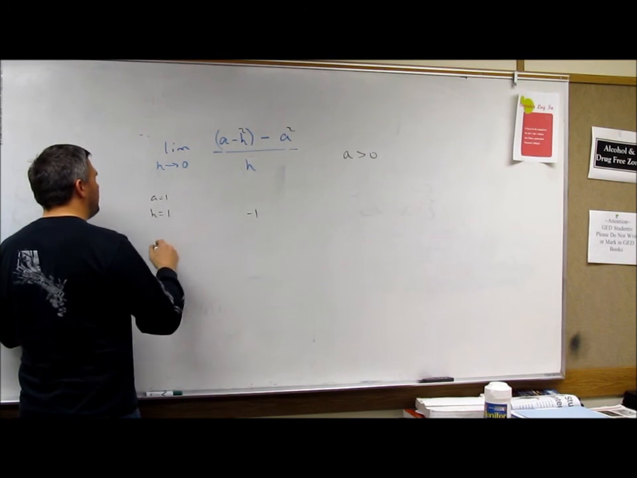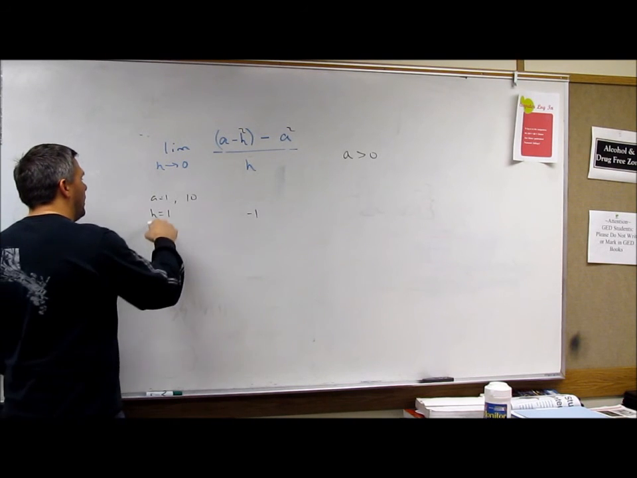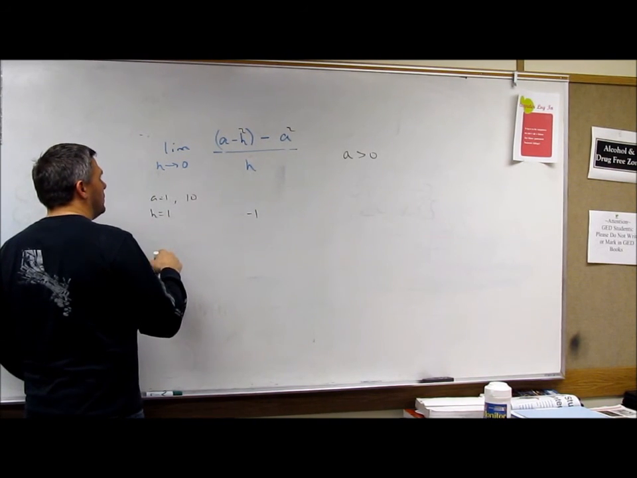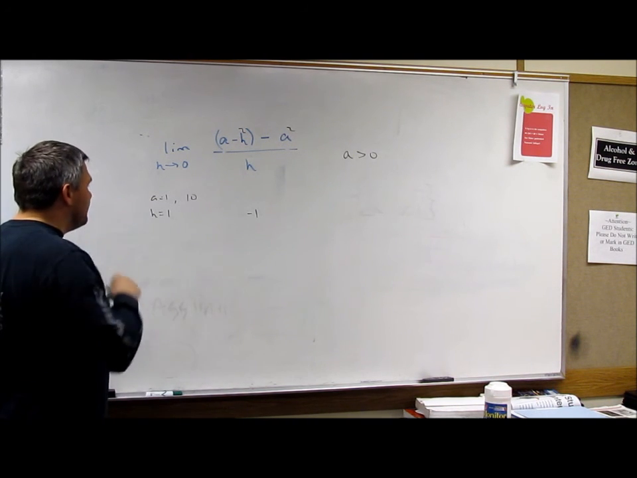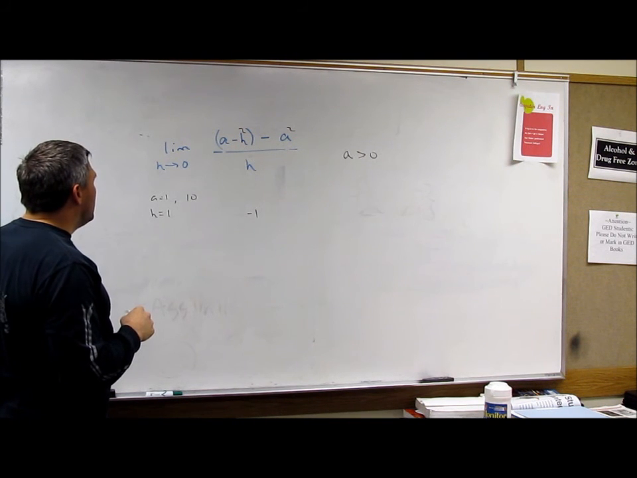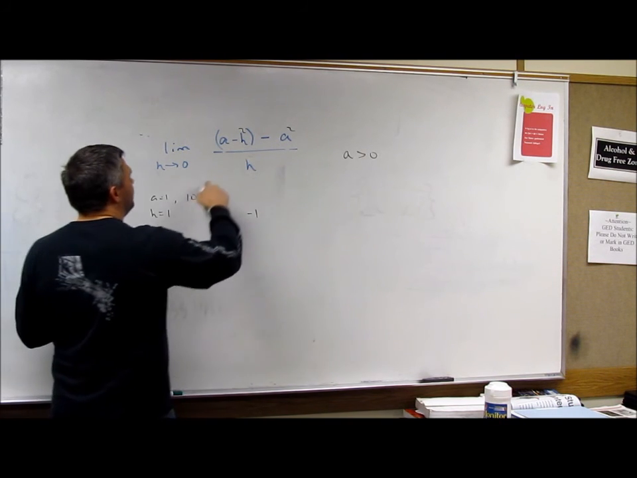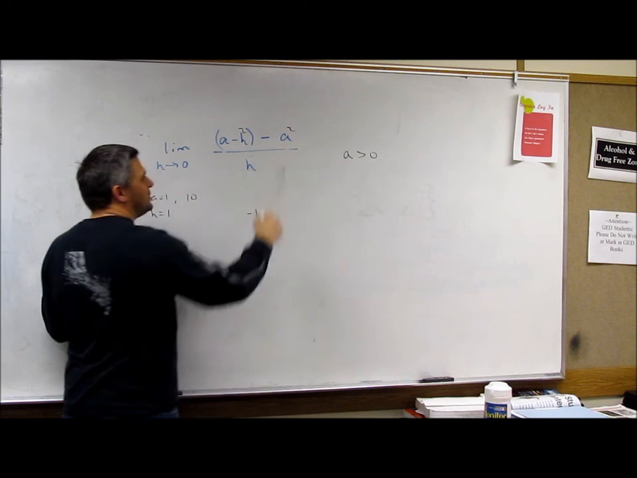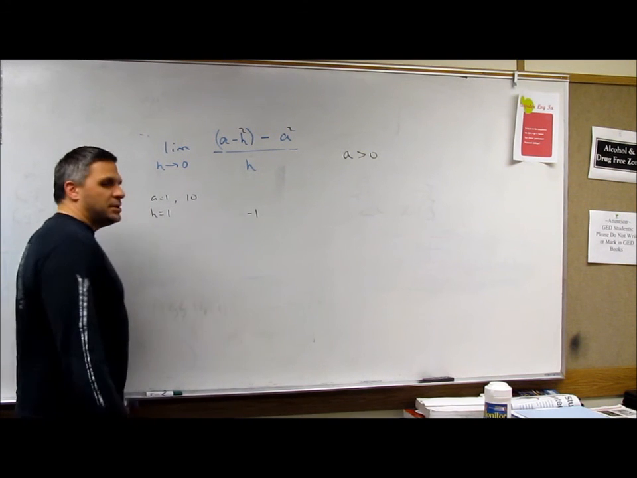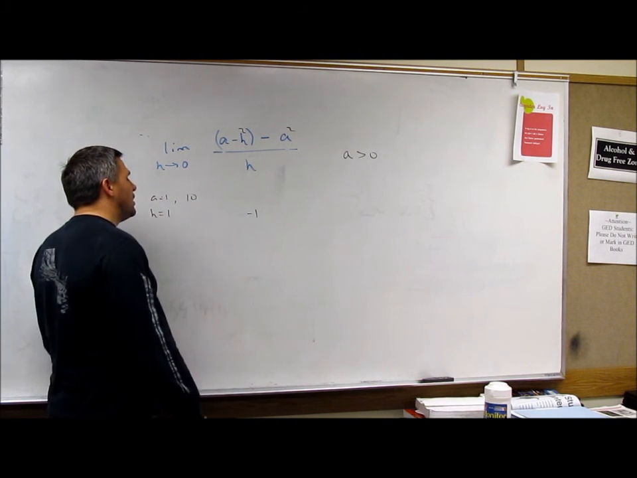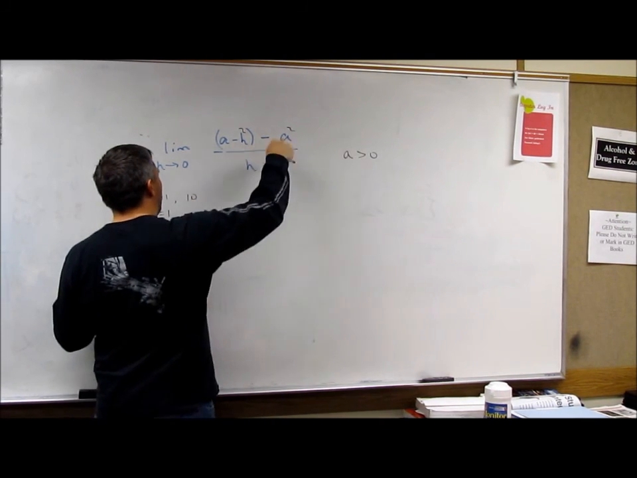But what happens when A gets bigger? When A's 10? And 10 minus 1. Right? So 10 minus 1, and then you're minusing the other. So 10 minus 1 minus 10 squared, or 100, right? All over H, which is 1. So now with H being small, right, and A being bigger,